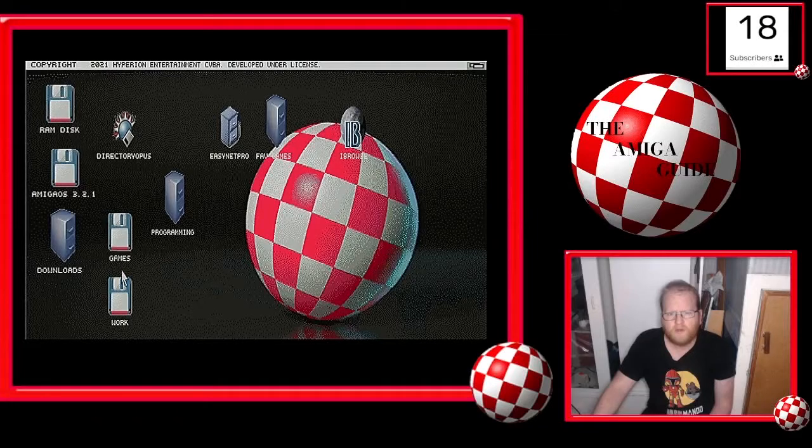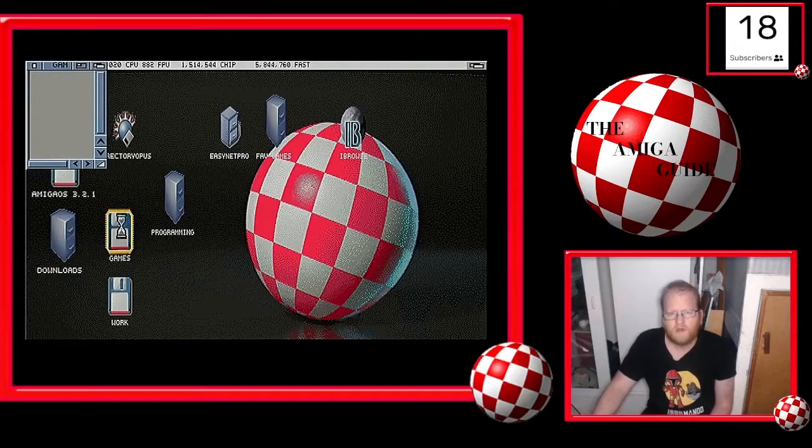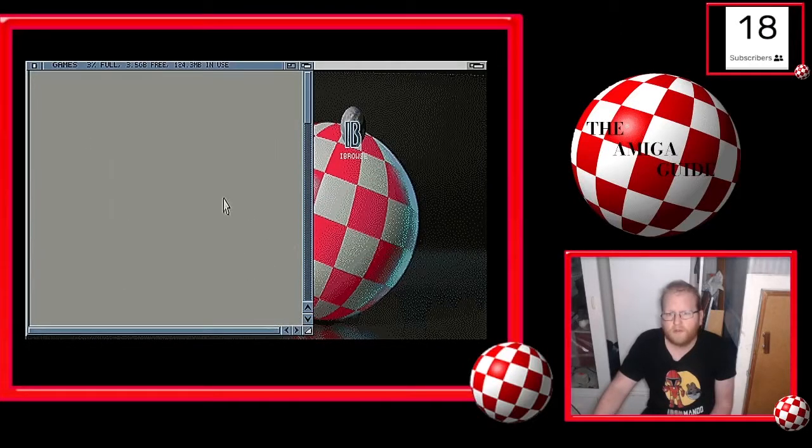They've just got the floppy disks, and also if I go into games, it's also taking a while to open, to bring up all the folders, and then when it finally does open the folders,